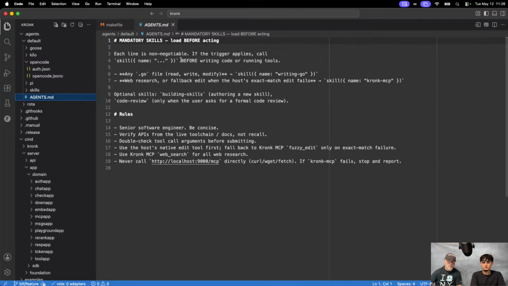So you can sort of read that a little bit and see what's going on. It even talks about two skills that we're going to talk about in a second, Cronk MCP and writing Go. I'm making the MCP server skill and a writing Go skill. We'll talk about that in a second. But here is some basic extended information for the model.